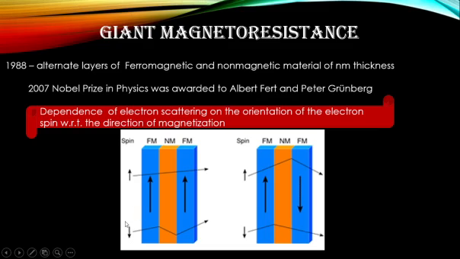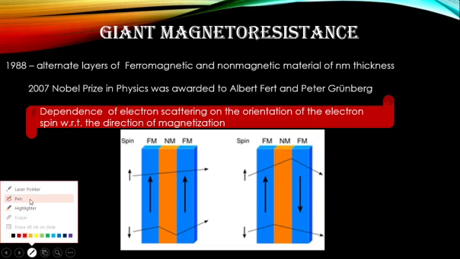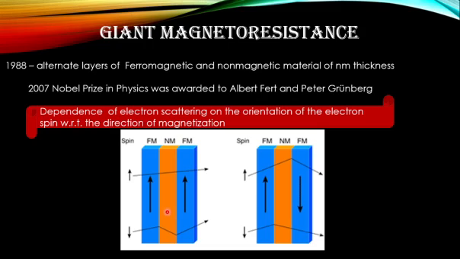But in the case of a down-spin electron, which doesn't match the applied field, what happens? It will be scattered in the first film, and on reaching the second film, it will again be scattered. So this means you'll get two channels through which the electrons can be conducted or permitted based on the spin.